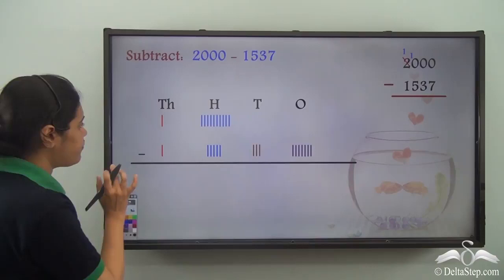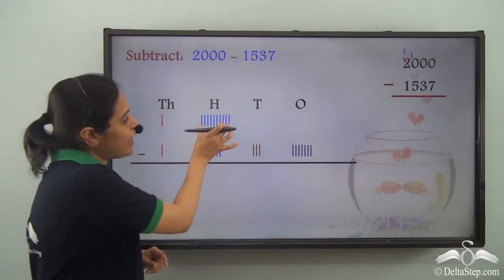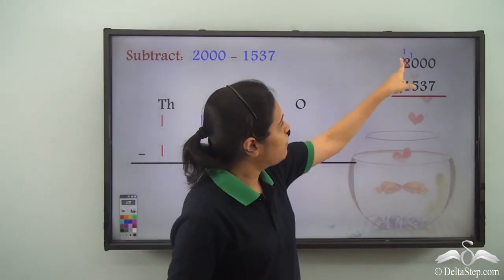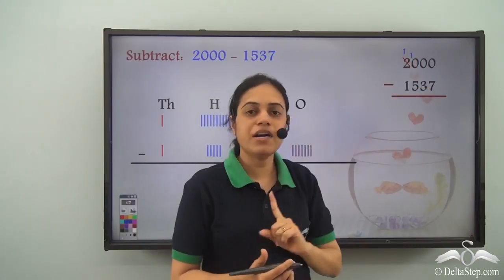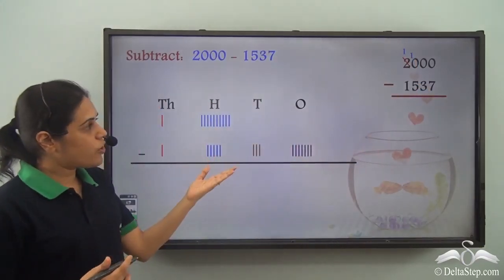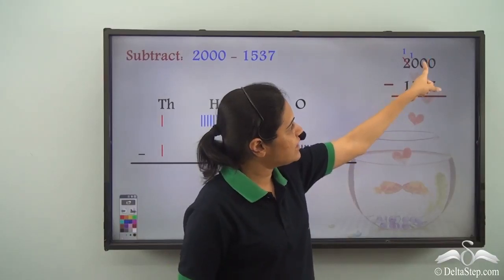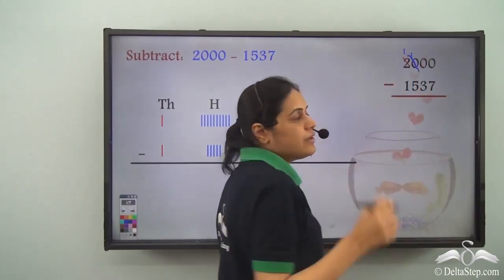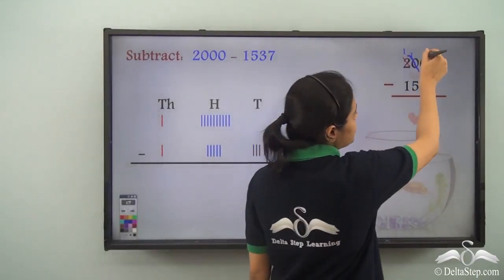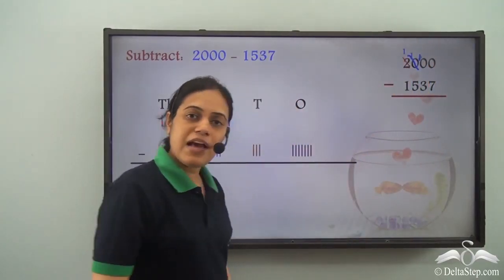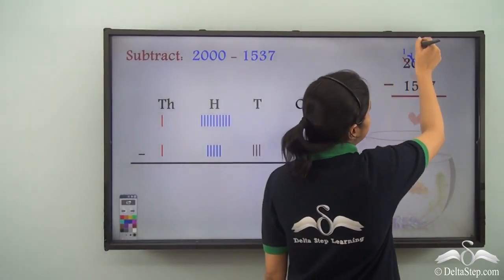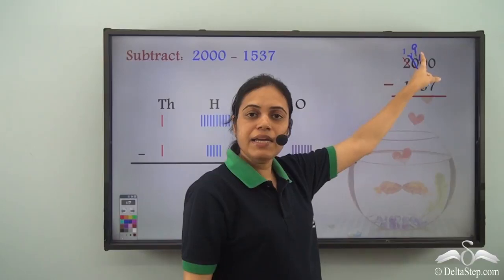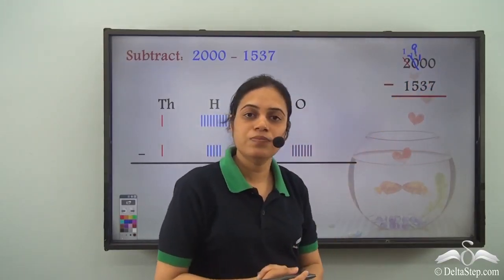So we are just left with 1 thousand here, and we have 10 hundreds here, which is similar to what we have here: 1 in the thousands place and 10 in the hundreds place. Now what do we do? Again, I see that the tens place is 0. So this 10 will give 1 to this 0. So the tens place will have 10 and the hundreds place will decrease by 1 and become 9. So the hundreds place has 9 and the tens place has 10 now.